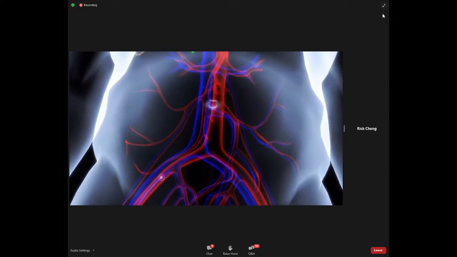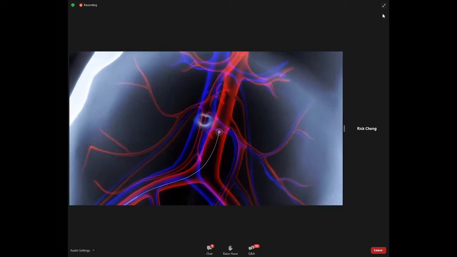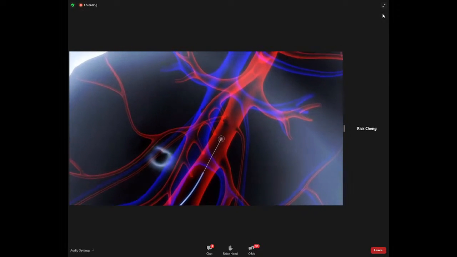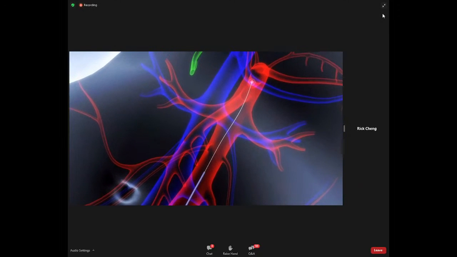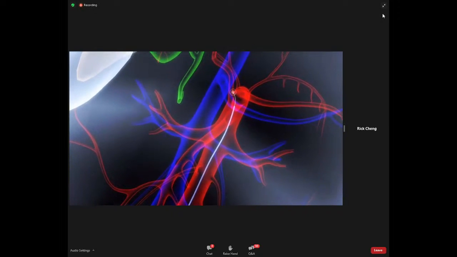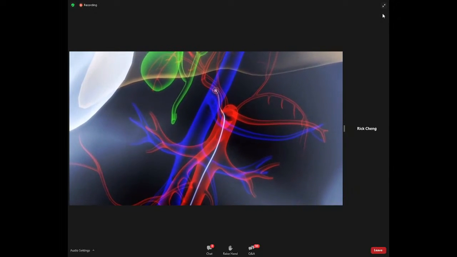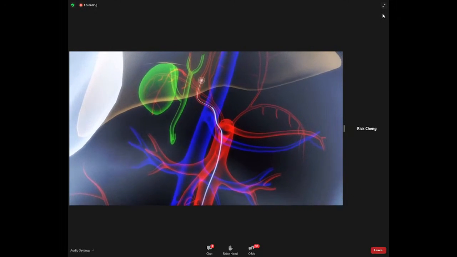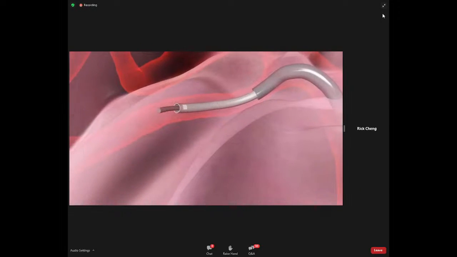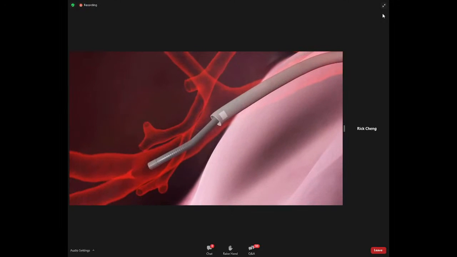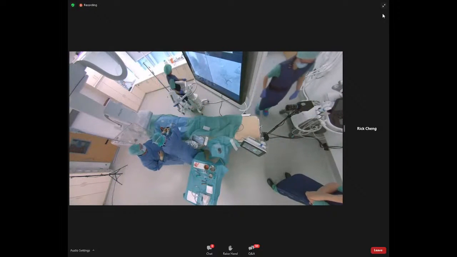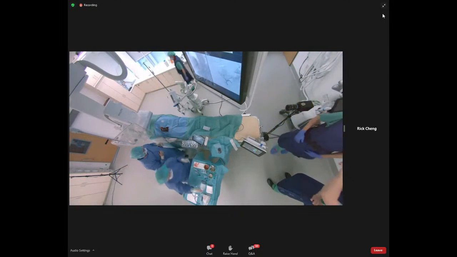The catheter is advanced from the femoral artery to the celiac trunk, and then more selectively via the proper hepatic artery into the right hepatic artery. Once the catheter is in the correct position, the system is set up to perform a dual cone beam CT